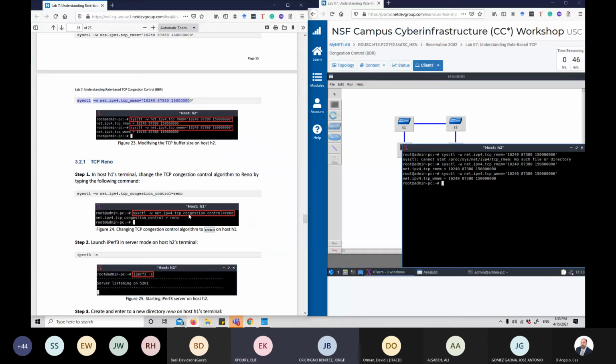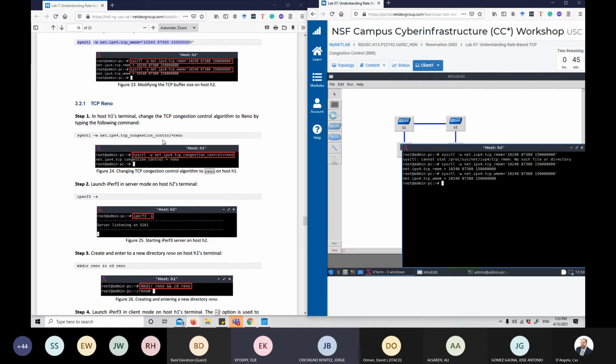So you use the third parameter, 15 million, I believe, or what is the number there? So this number here is 150 megabytes. 150 million. Yeah, just to make it large enough. So that third parameter is the parameter that defines the TCP buffer size. Yes, yeah. All right, so next we will see how we can change the TCP congestion control algorithm in